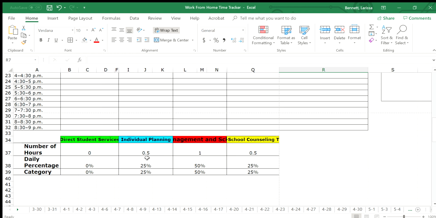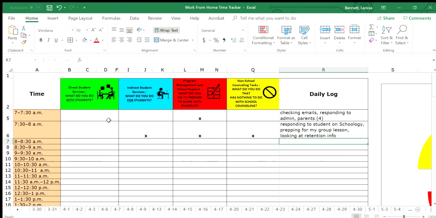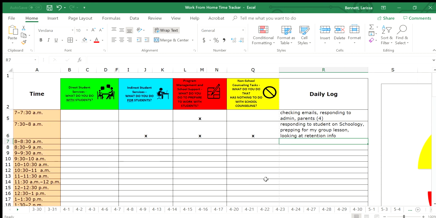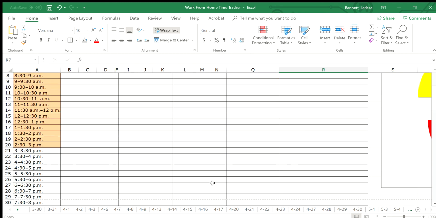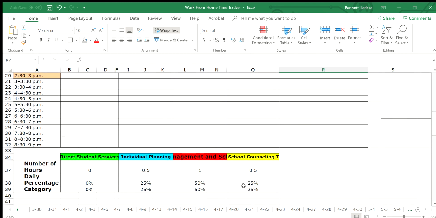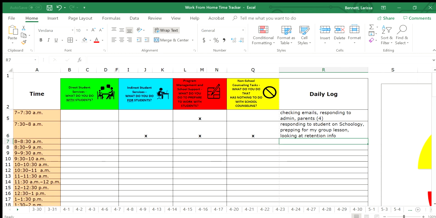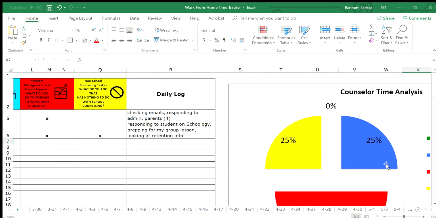So this says I've been working for 2 hours, and on here it's only 1 hour. Because we've split our time up, it's not going to reflect the actual hours, but it will at least monitor what percentage of your time, which is more important, you are spending doing each of these tasks, which again, when we're back in our brick and mortar schools, will be an important tool that we can use.